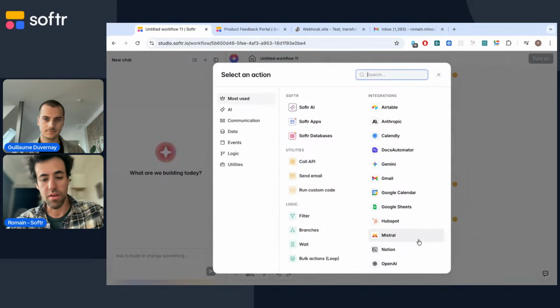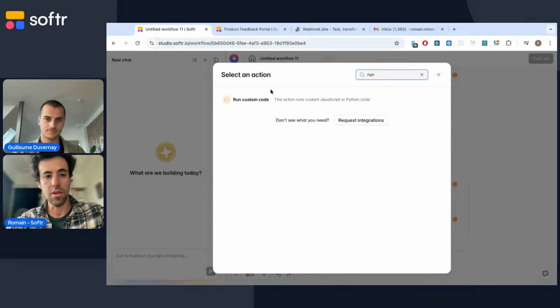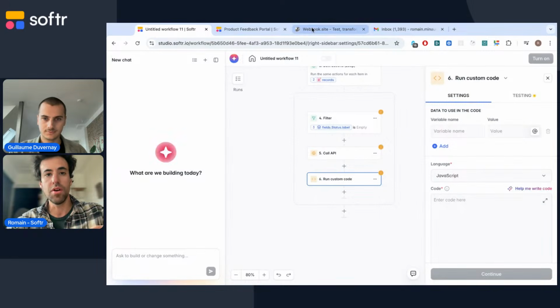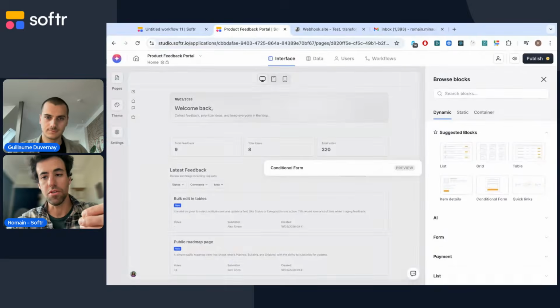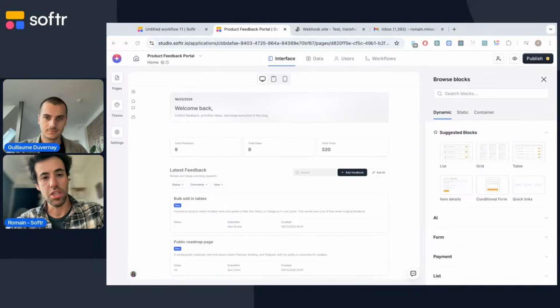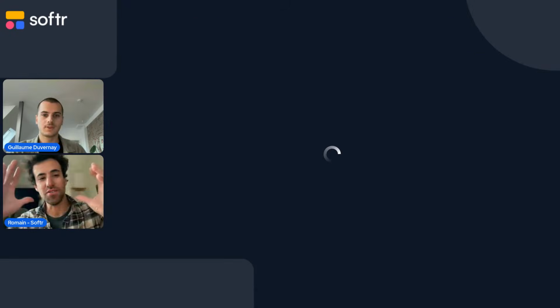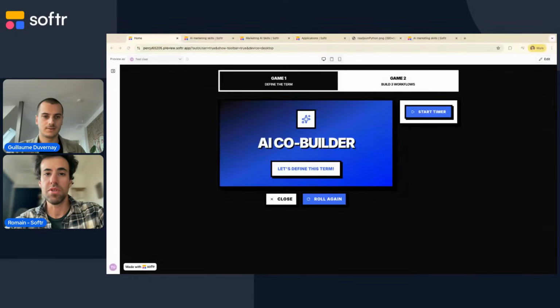We have an action which is able to run code, JavaScript or Python, and you could use the co-builder to help you generate the code. From natural language, you could generate some code here. And we will have pretty soon a bigger launch, which is the co-builder at Softr level that will help you build, of course, the workflows, but also the app, the database, and everything together.